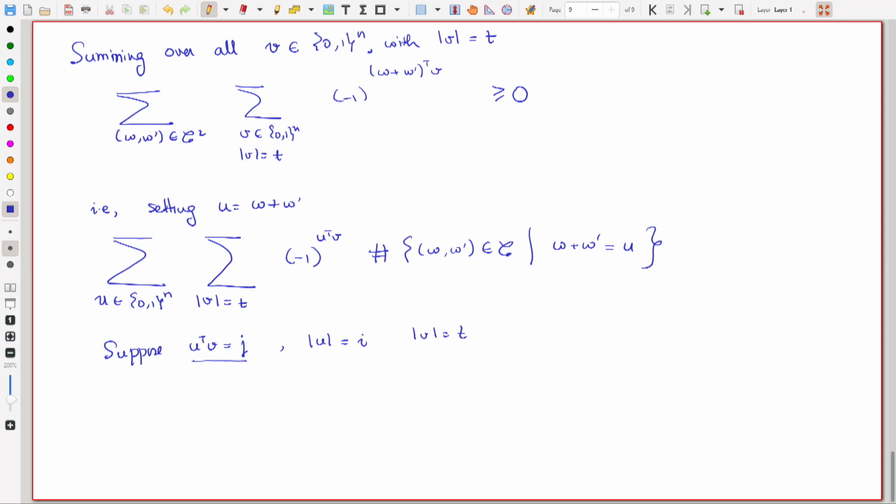Then how can I construct u of size I such that u has j ones in common with V? So, V has t ones, right. So, u has I ones. So, out of the I ones of u, I must choose